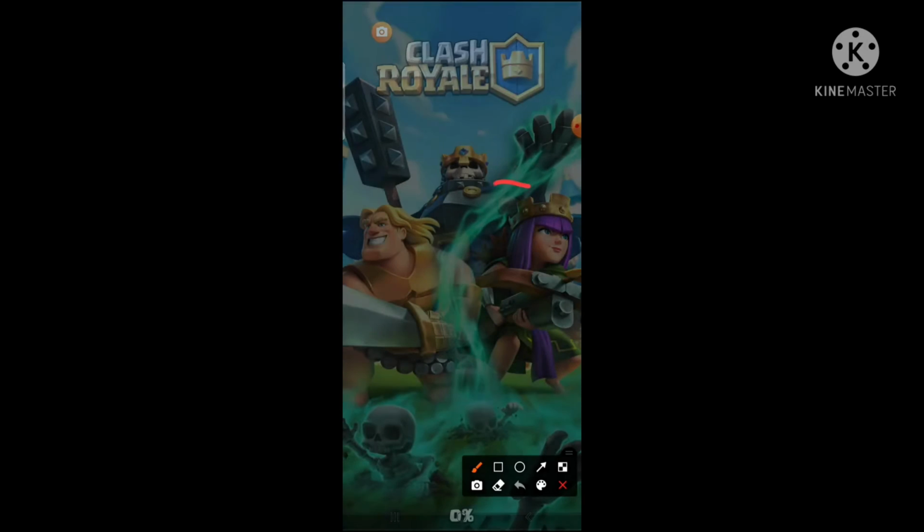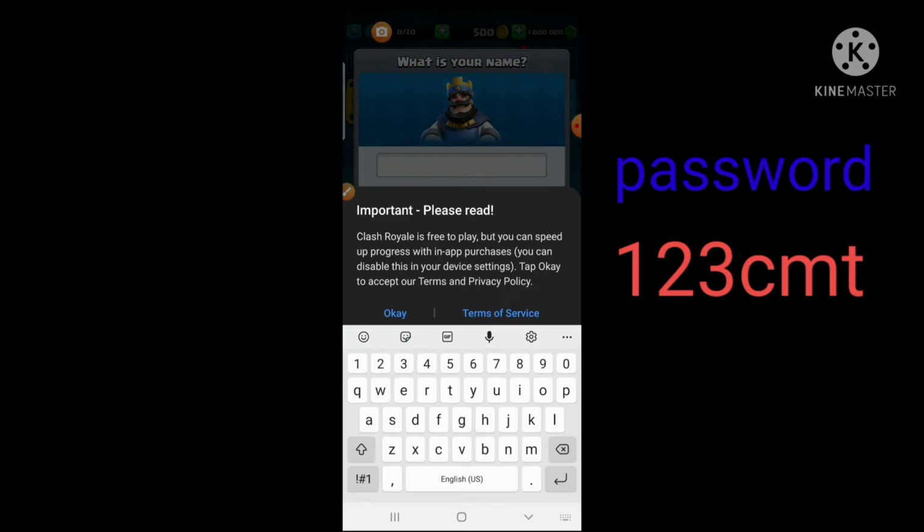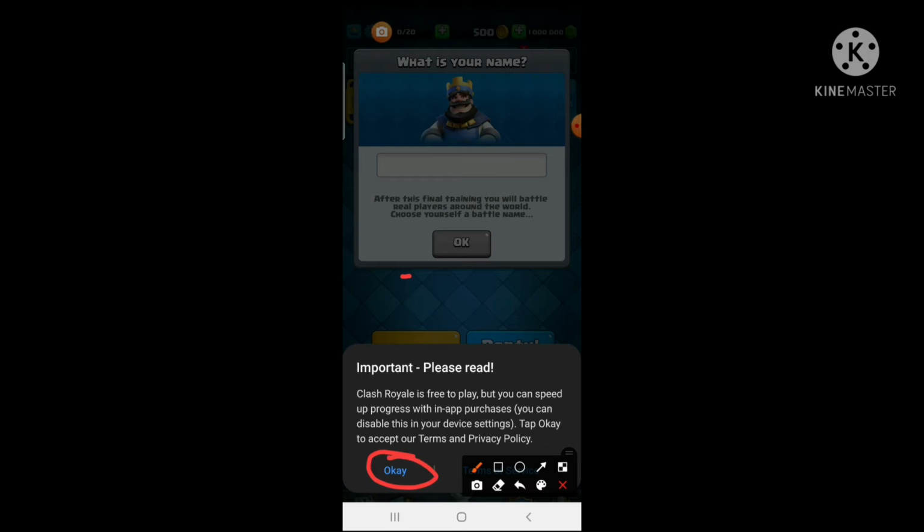It will update and again it will open. Then you have to click on OK. My touch is not working properly, so it was showing this. First I am going to click on terms of service.